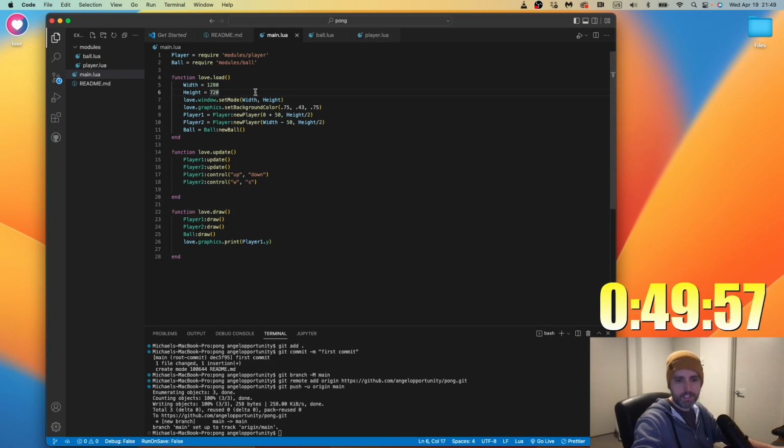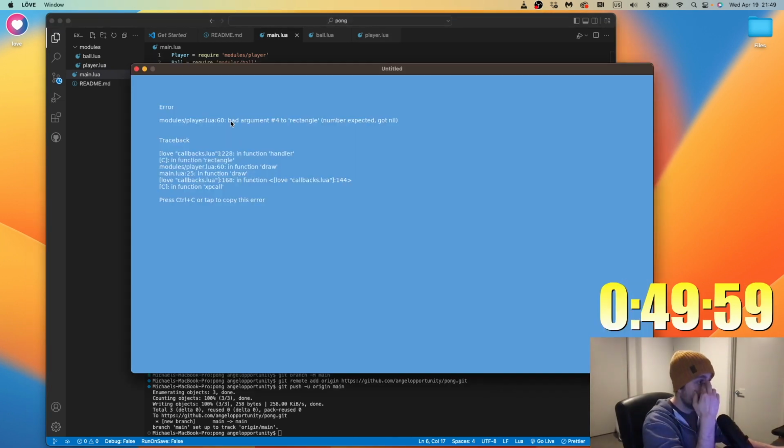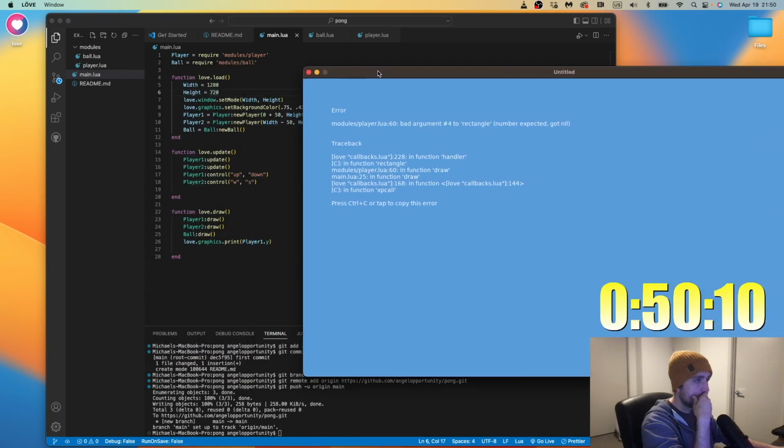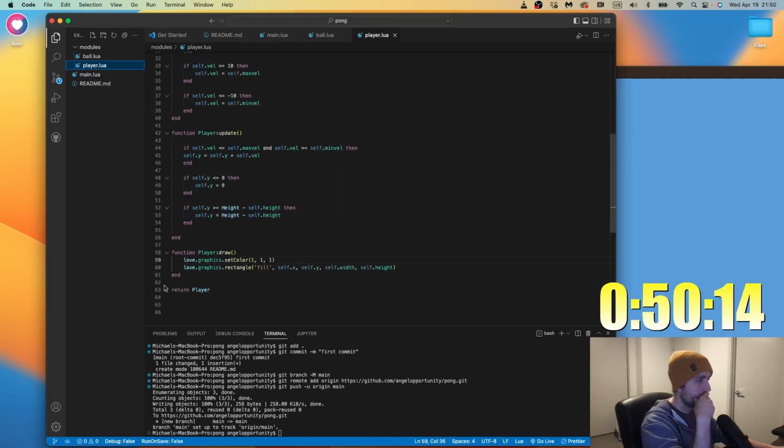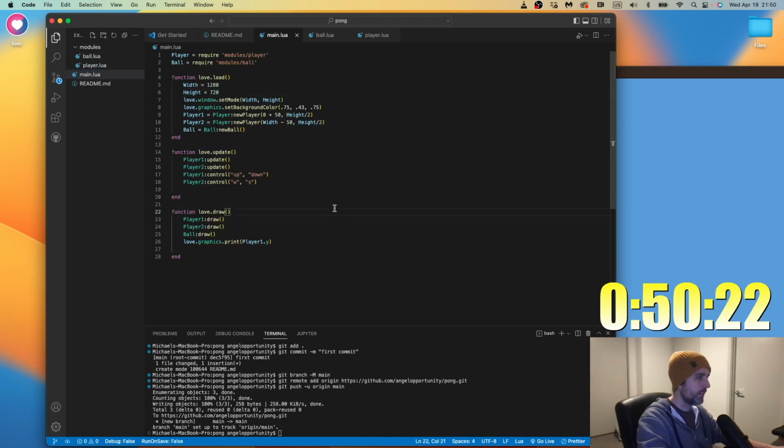I think this index thing is messing it up. Player 60. Player.draw. Yeah, it's the index thing that's messing it up, I think.